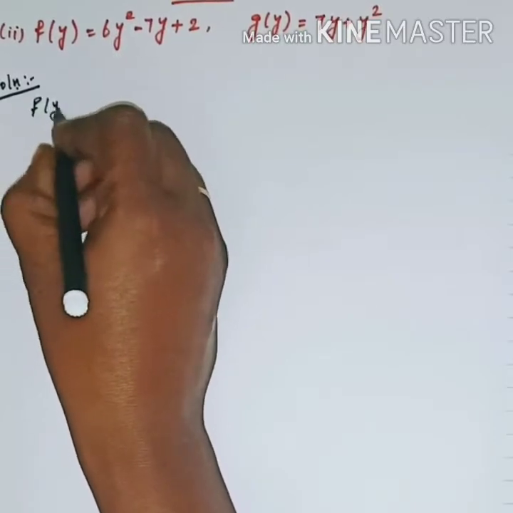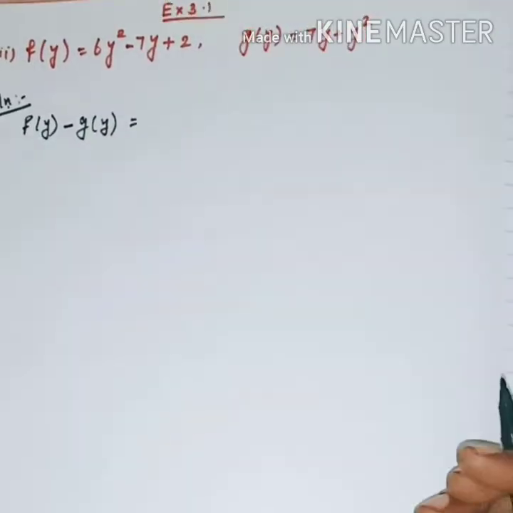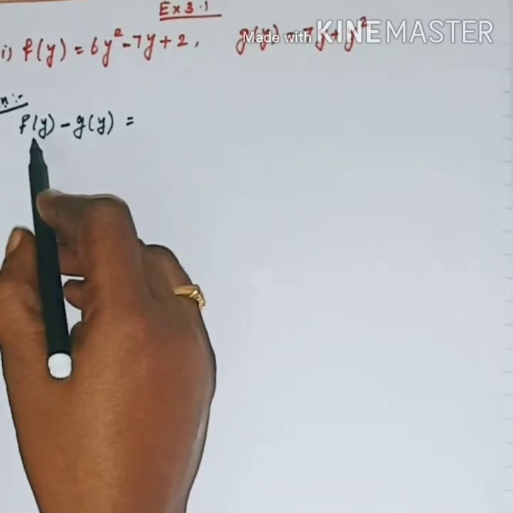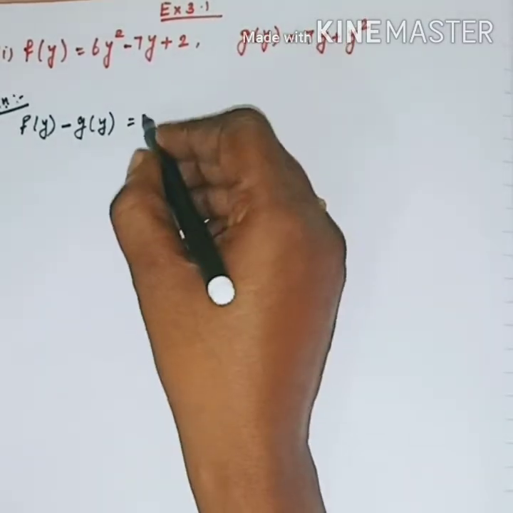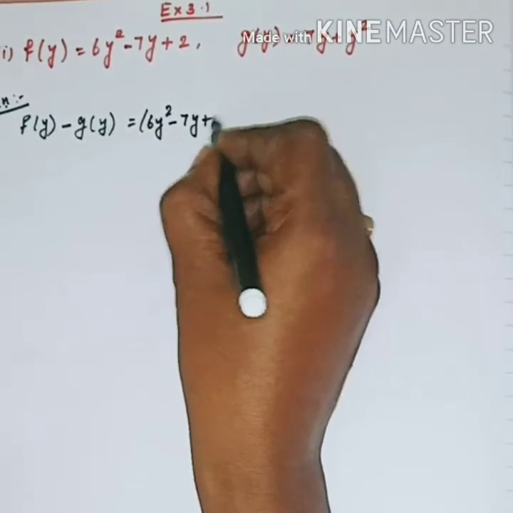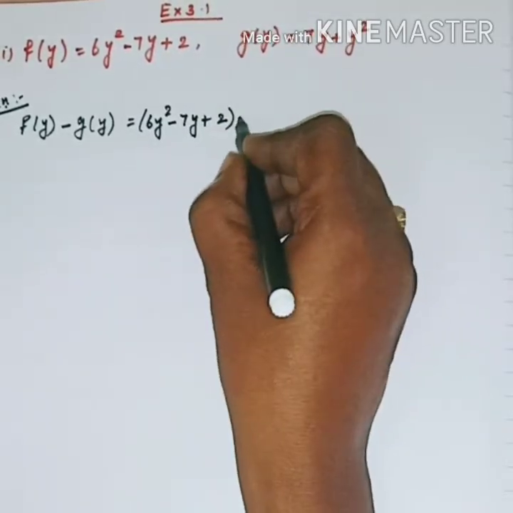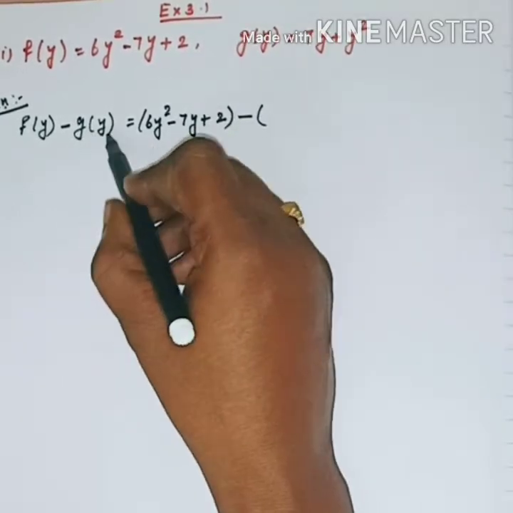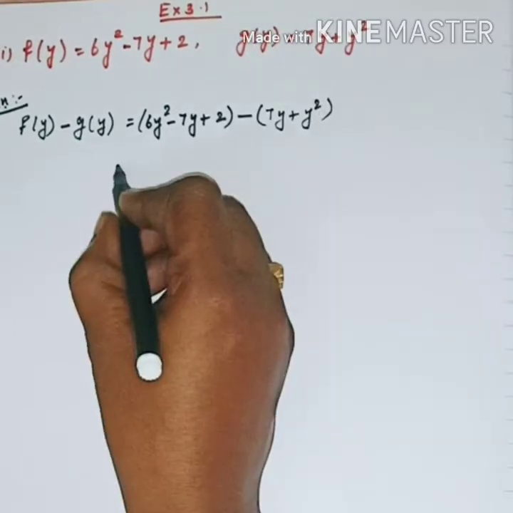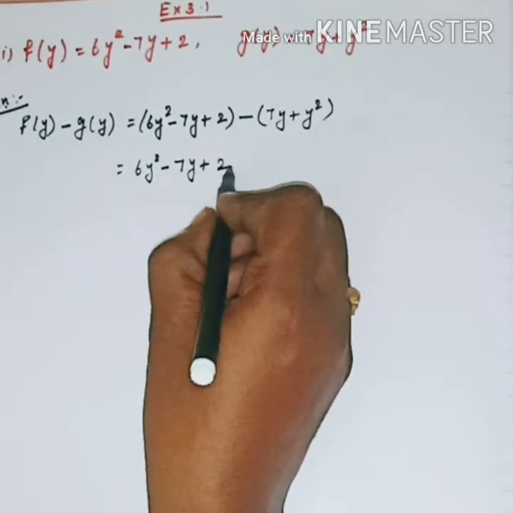f of y minus g of y. F of y minus g of y is equal to, the expression for f of y is 6y square minus 7y plus 2. Now put the minus symbol. So minus, the expression for g of y is 7y plus y square. Now 6y square minus 7y plus 2